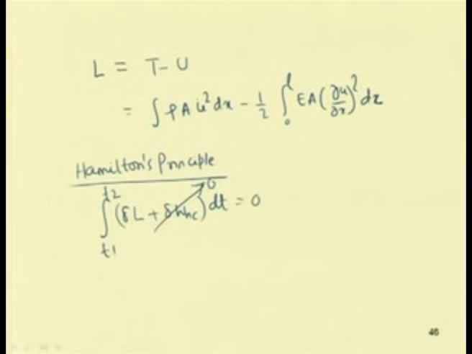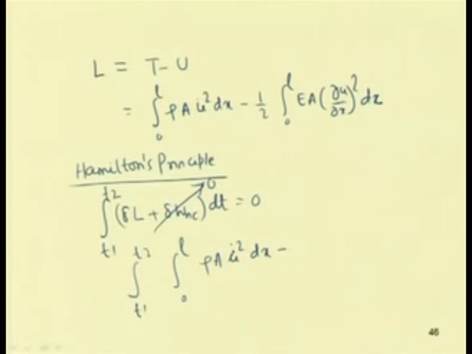So, I can write this from T1 to T2, and 0 to L, half rho A u dot square dx